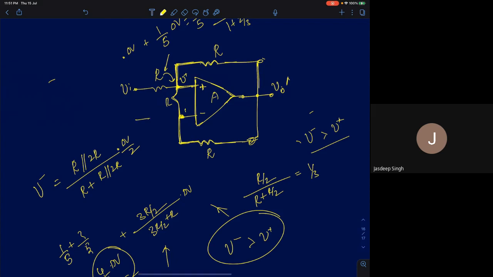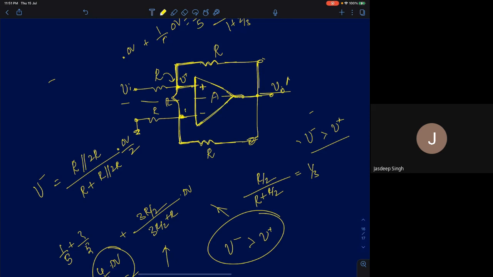Now let's say I put another resistor R here. In that case, what do you think will happen to the circuit? If there was a resistance R to ground, what do you think would have happened? Can you clearly say that this is a negative feedback circuit? No, right? It's a purely symmetric circuit. See, now I can draw an axis of symmetry around this point. So whatever transfer function you derive to V plus will be the same as the transfer function you derive to V minus. Therefore, you can show that the circuit will not be in feedback anymore.